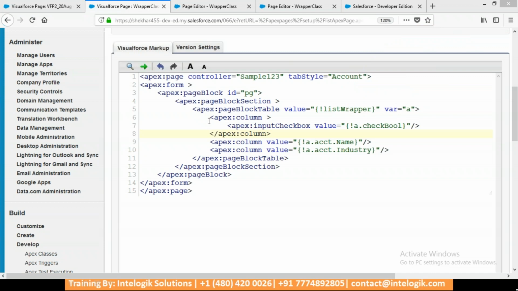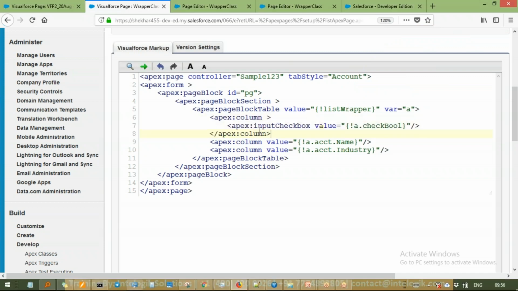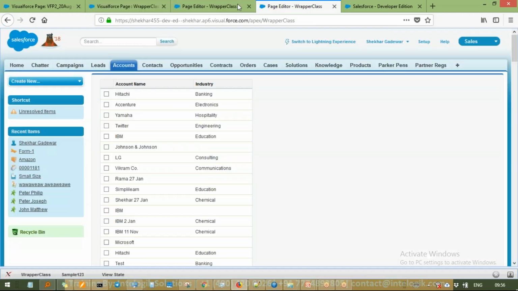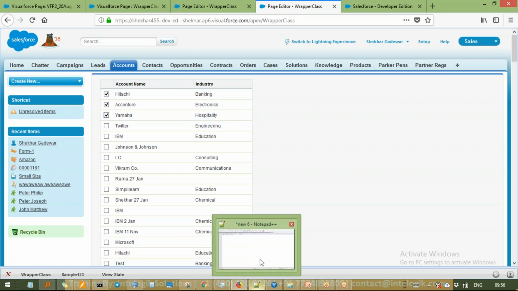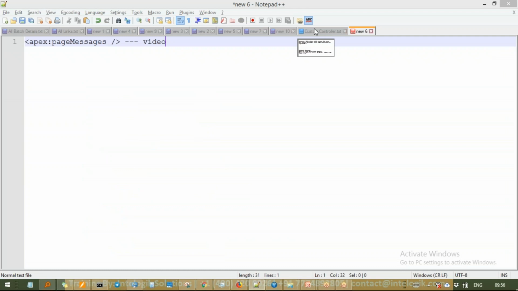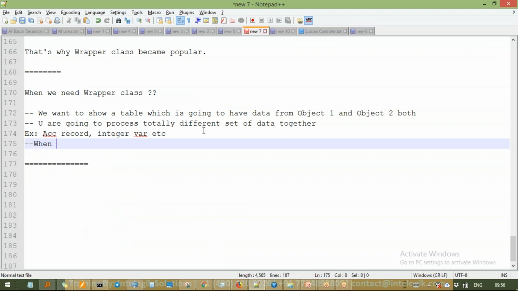And then I'm creating one column, which we've seen already. In that column I'm using the input checkbox field. And by the way, one more use case: whenever you want to have any kind of check and uncheck on your table like this. Let me write here in your notes also. This is also one use case where we use a wrapper class: when we want to have a checkbox on a table